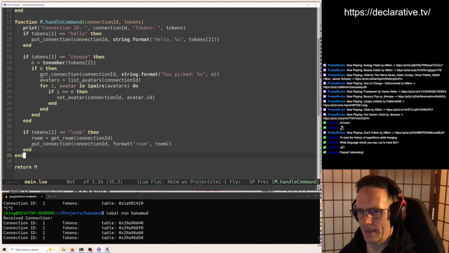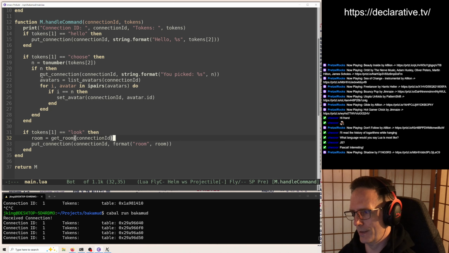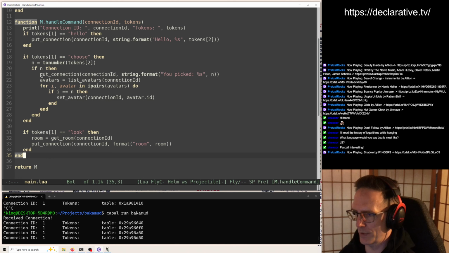Pascal-ish. It is also almost Pythonic in the fact that everything's a table, whereas in Python, a lot of things are dictionaries or hash maps.